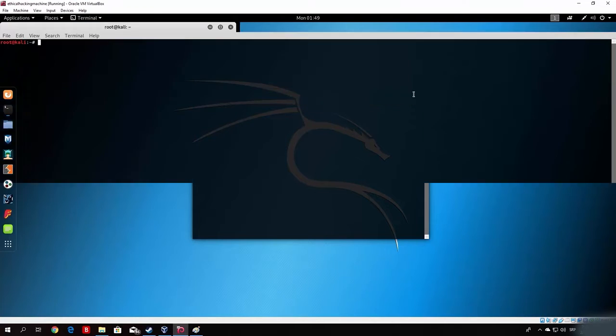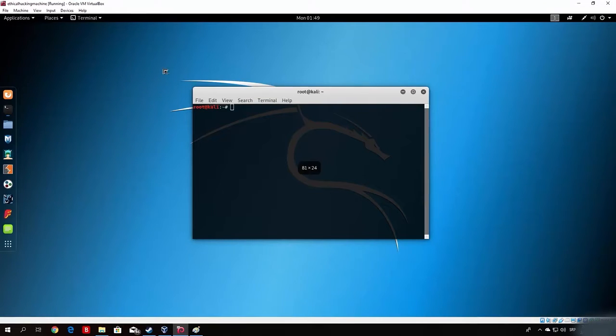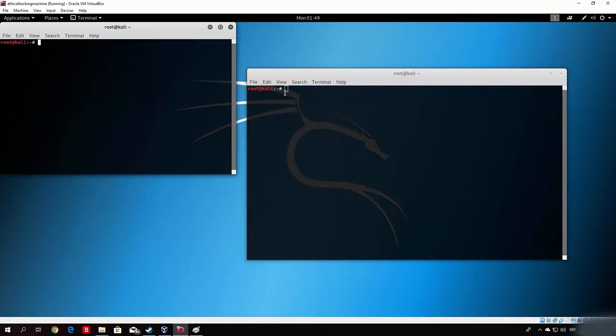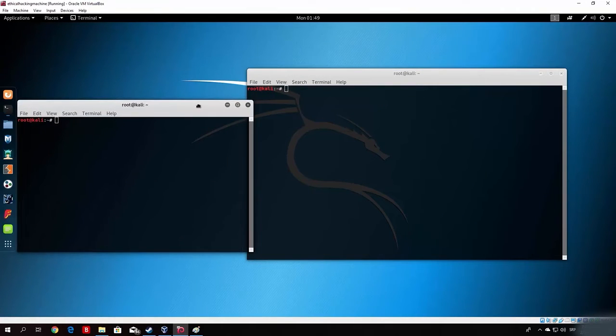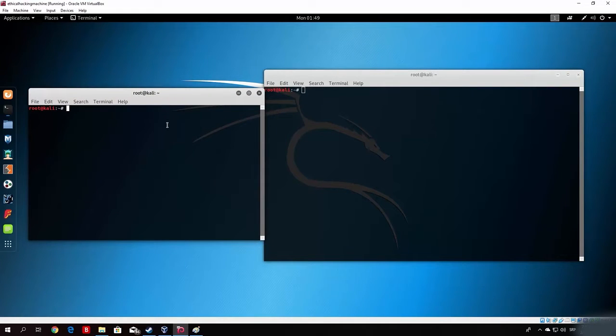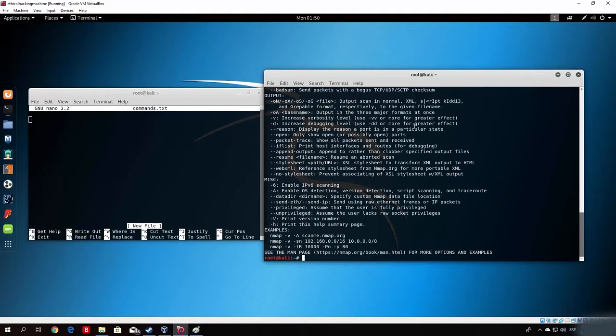So let us right here just open up our terminal. Let me make it this big, and in the other terminal right here I will open up the commands once again, nano commands.txt, where I will write all of the Nmap commands that we cover in this particular tutorial. So let us just type here once again Nmap, and the first thing we want to check out is the